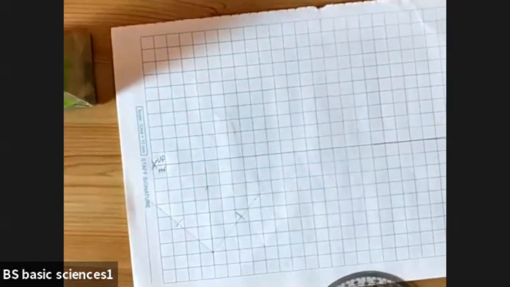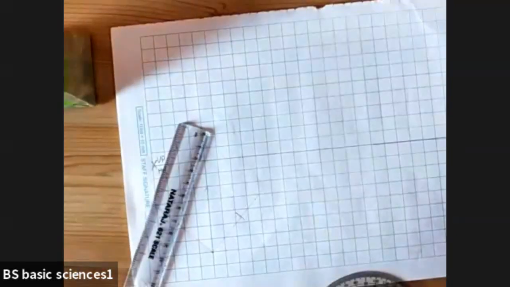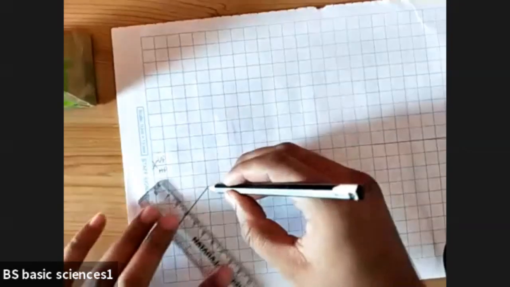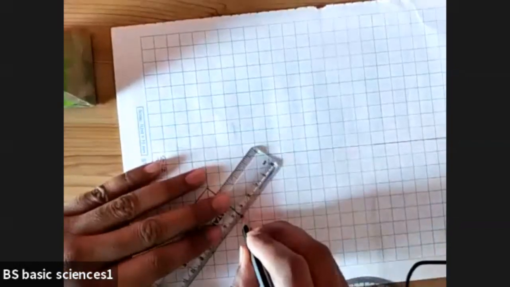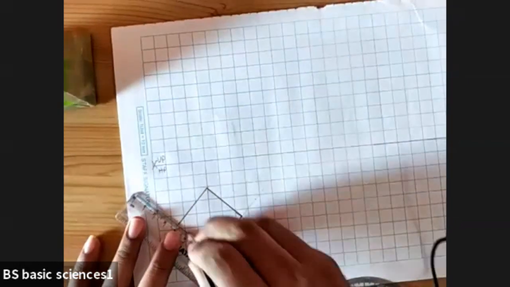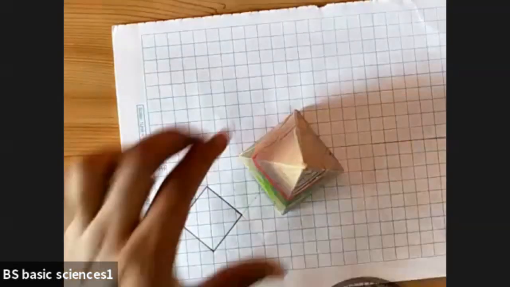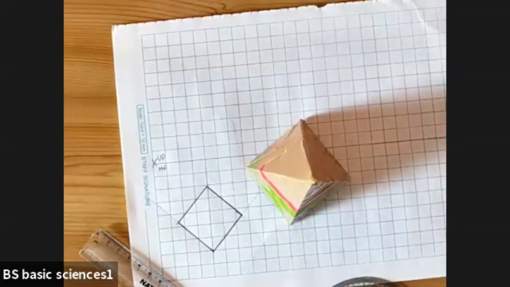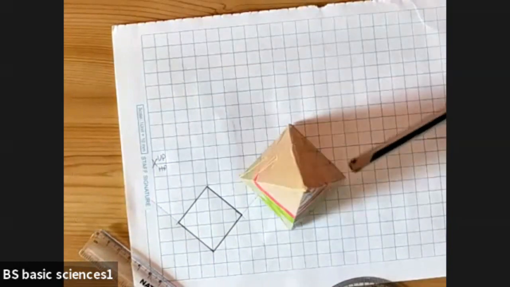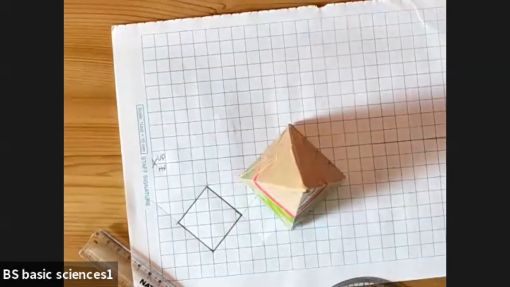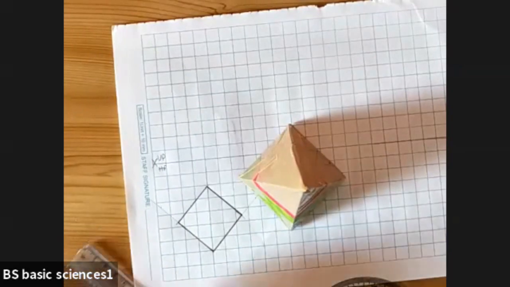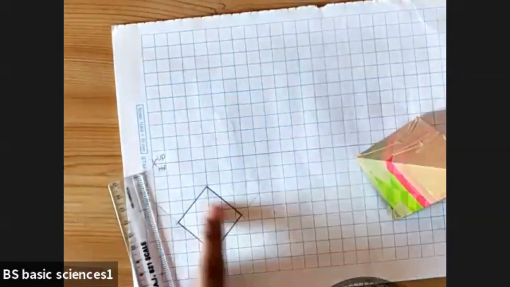Again, the square pyramid which is resting on one of its corner. See, this is not the top view. Imagine if you placed your pyramid like this. What you can see from the top is these 4 slant edges, 1, 2, 3, 4. These 4 slant edges are visible for the observer from the top view. That is why this won't be your top view.